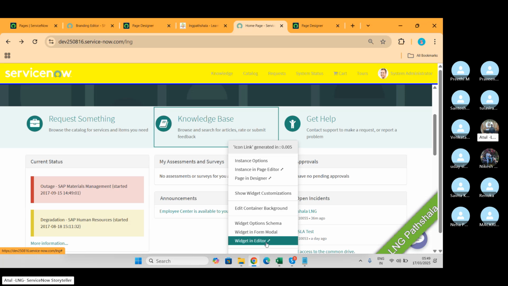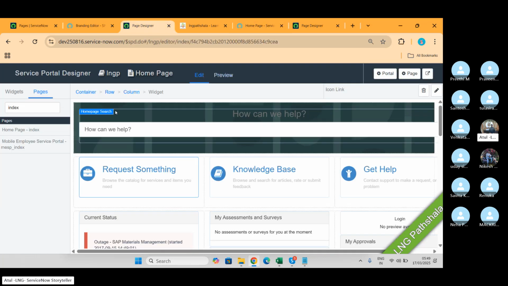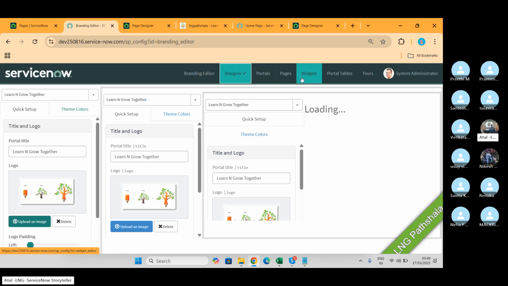Now the question comes, pages have been done. Okay, we can create our own pages. That's very much fine. We can give the layout that we have done, 2x2 layout or these layouts. Now, can we create our own widget? I want to create my own box with some different thing. Yes. For that, you need to go to the widget section.